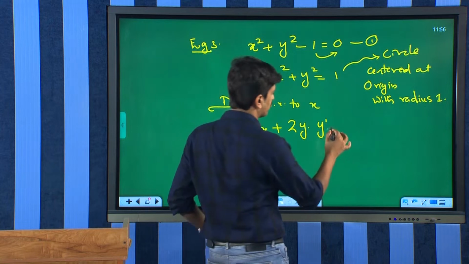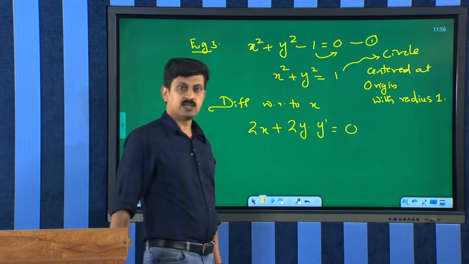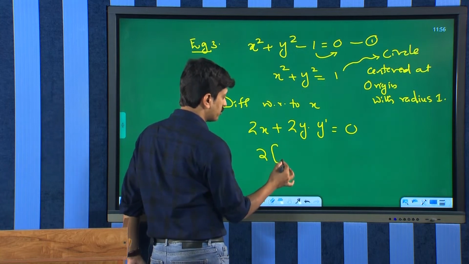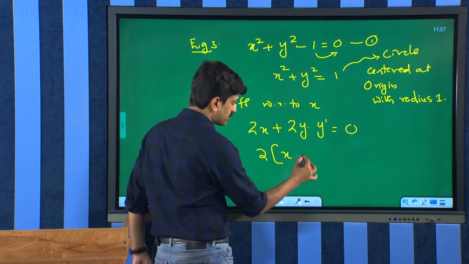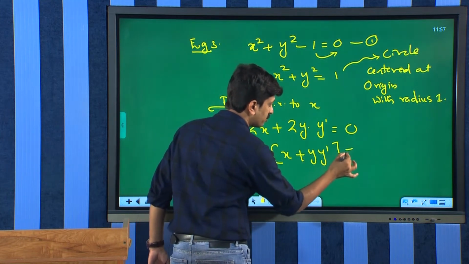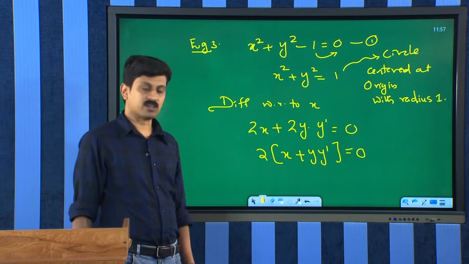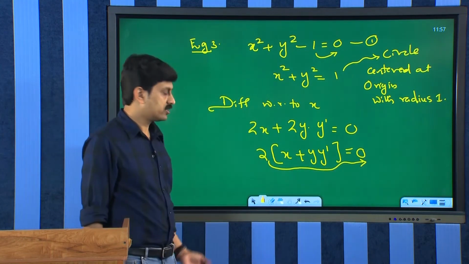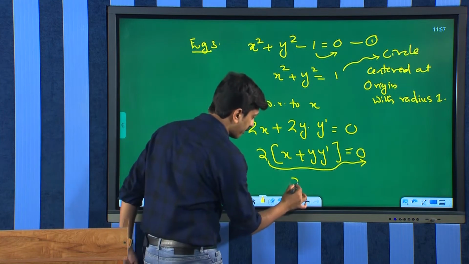Derivative of 1 is equal to 0. Okay. We have 2 here, therefore we can say, take this as 2 into x plus y dash is equal to 0. Okay, fine. We take the 2 to the denominator, so we will have x plus y dash